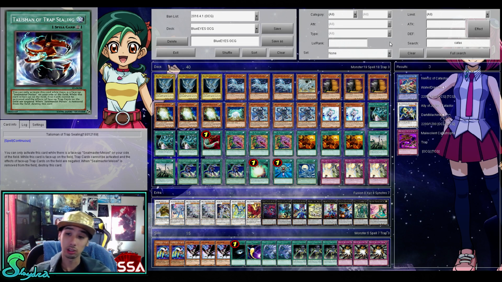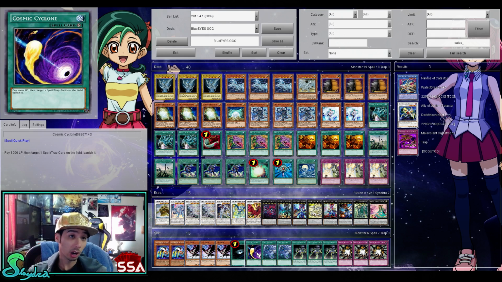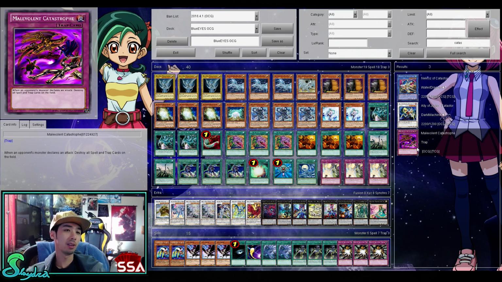I also like Mellow Catastrophe. That's another good card as a replacement. I think Trapstone is just better. Before your opponent's going to summon, they're going to Twin Twister, Space Typhoon this card, or they can use that new card, the Cosmic Cyclone. But for the most part, I find Mellow Catastrophe just to be a little bit lackluster there on the speed,